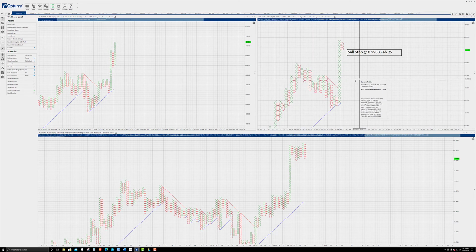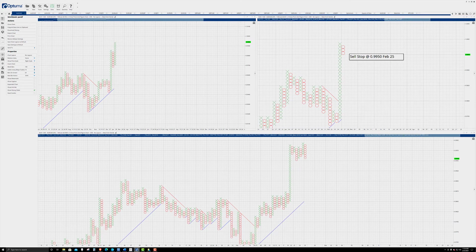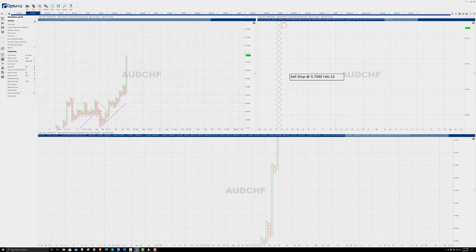That is currently active, and I think it's trading slightly above that zone. If you watch the video right, it's at 99.62 at the time of doing this video. So if it's still above that a little bit, you still have time to get into the sell stop.